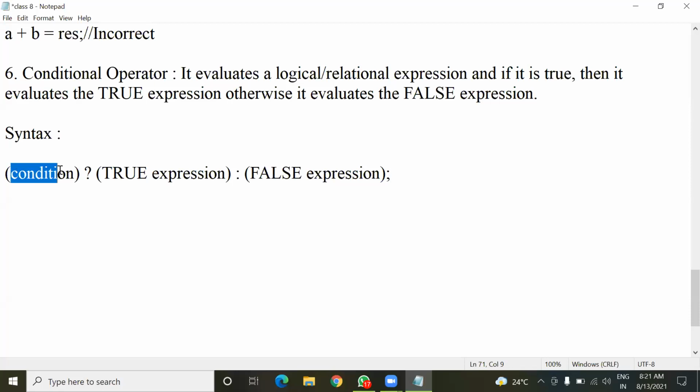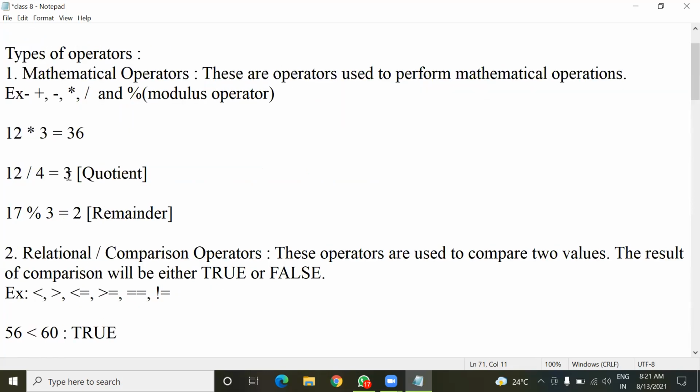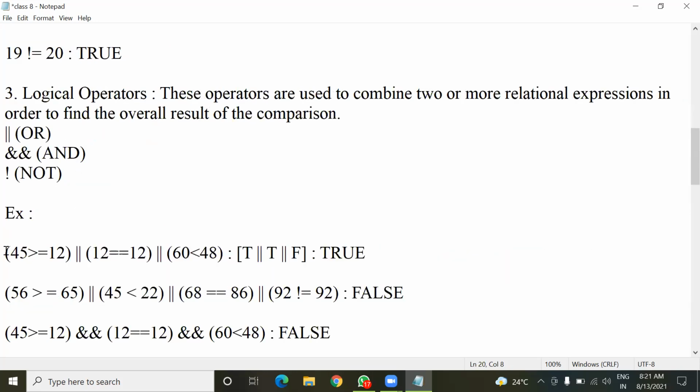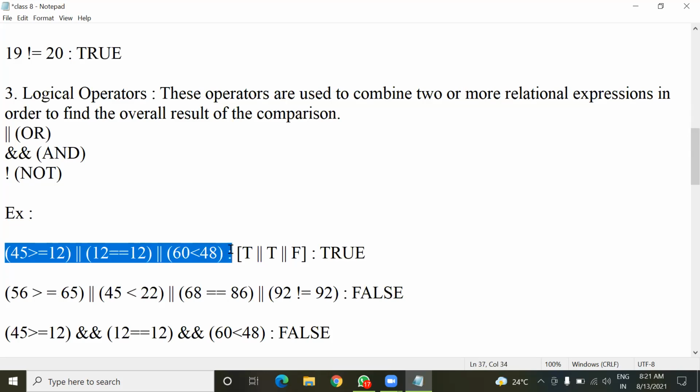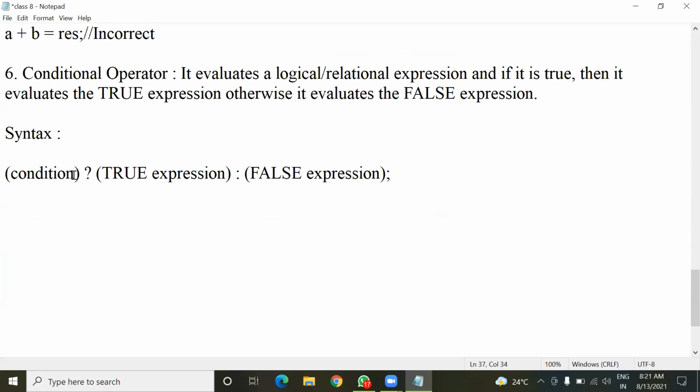In the conditional operator, three values are provided. The first value will be a condition. Condition means using relational operators, an expression like this. This is a condition. This is also a condition. Even this is also a condition. An expression whose value is either true or false can be considered a conditional expression.